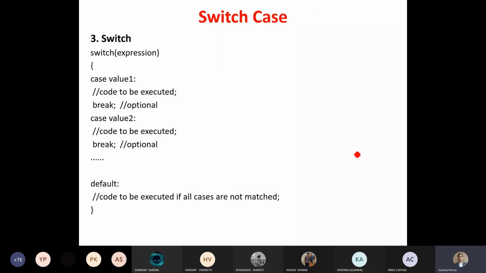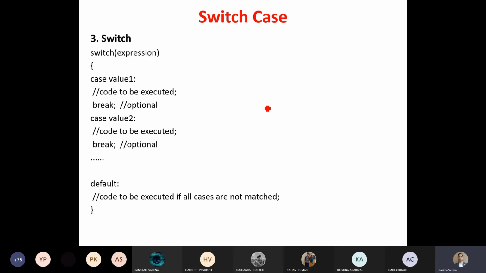So the next conditional construct statement is a switch statement. So if you have one variable and you wish to check multiple values of that variable, then you can use the switch statement. But the thing is that the switch statement will not handle true or false values. I mean, a single value can be handled at a time, and the value should match the type of the variable for which you are applying the switch case.